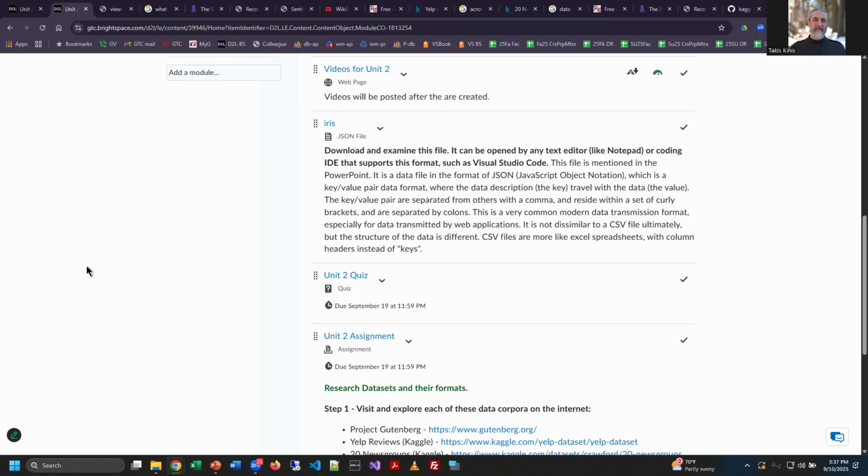A JSON file will store the information in what we call a key value pair. And basically the description of the information travels with the information itself for every piece of information. For whatever reason, this structure has become super popular in modern programming, especially on websites that send serialized information. That means information in a stream over the internet. And this relates once again to the Python data structure called dictionaries with key value pairs.